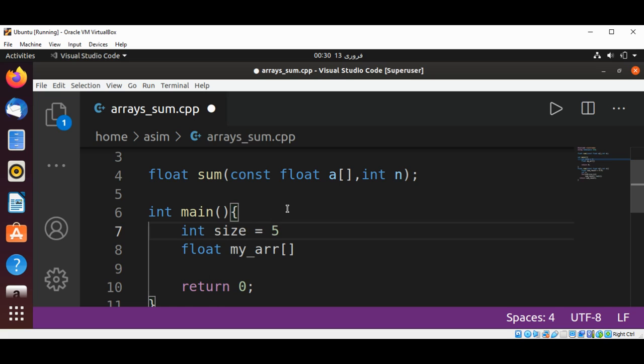This will be set to 5, and here we are going to pass in the size of our array, and we are going to initialize it to 5 values: